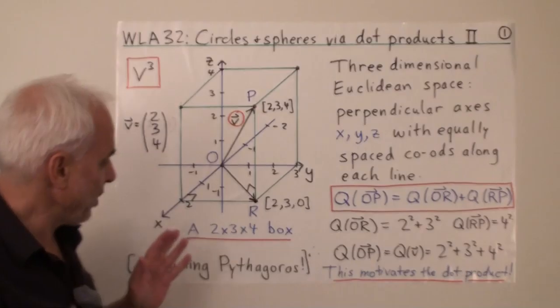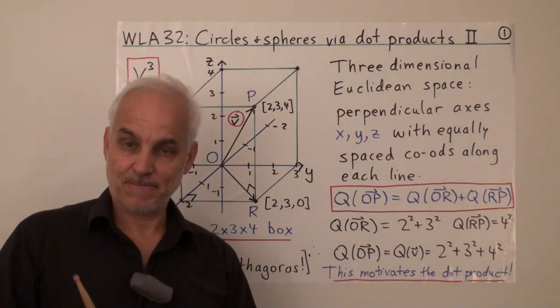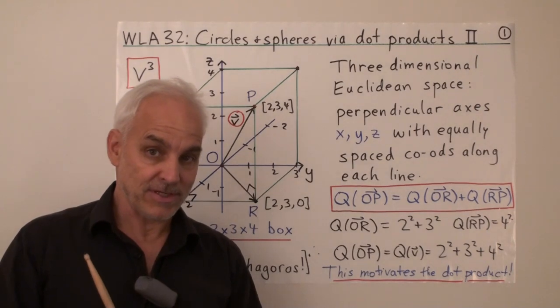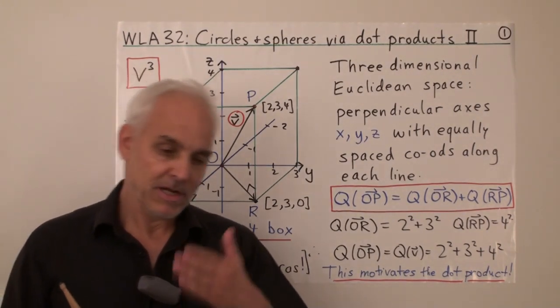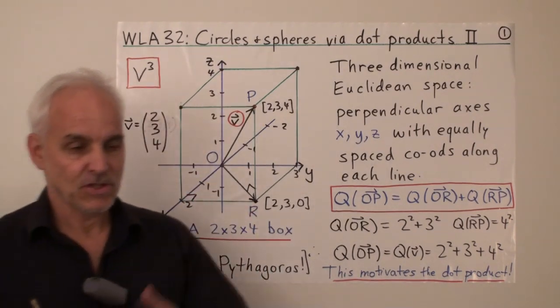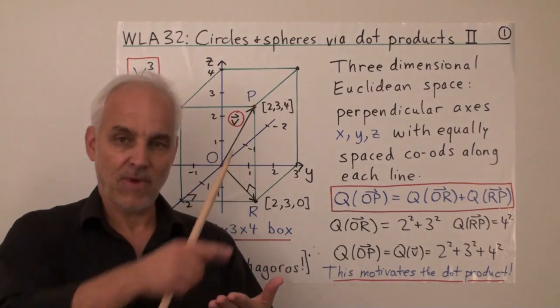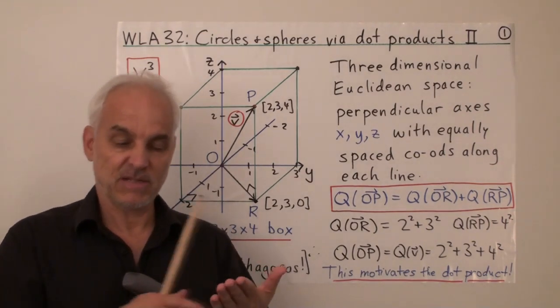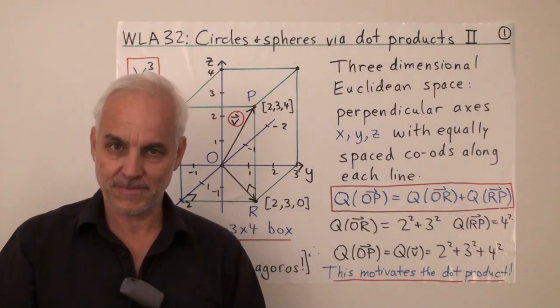So one way of doing that is to assume, first of all, that in our three-dimensional space, the two-dimensional Pythagoras' theorem that we know and love holds. But we're going to assume that in a strong way, so that no matter what plane we take, if we draw a right triangle in that plane, we expect this quadrance plus this quadrance to equal that quadrance.